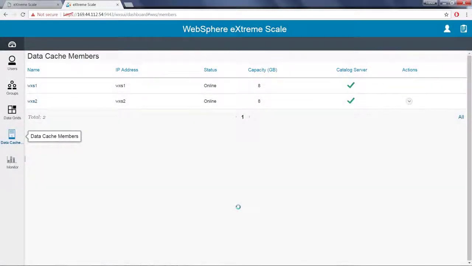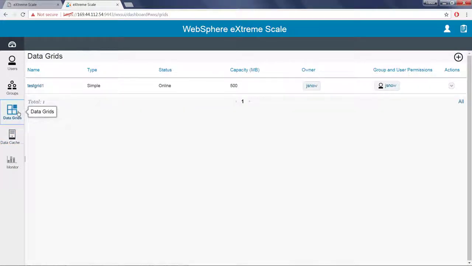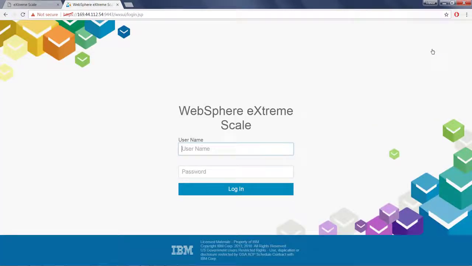When the join task is complete, you will see both the WXS1 and WXS2 members show up in the cache member list. The user JSnow and the grid Test Grid 1, created earlier from the WXS1 dashboard, now show from the console as well. Your cache capacity has now been doubled by joining WXS2 to WXS1 to create a 2-member